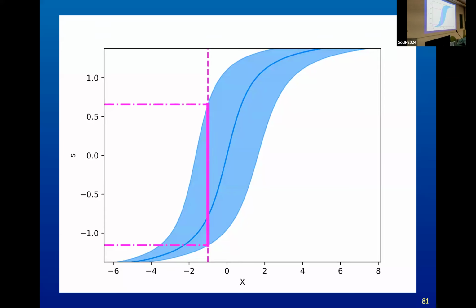And the same, if I look at -0.75. Okay, x is between here and here. So in 90% of the cases, x happens between here. And in all those cases where x happens between here and here, this line here will cover -0.75. So for all of these guys, we can make that argument. And that means that for all of these guys, we have coverage. And that is the Neyman construction. And that's what we're going to use to compute frequentist confidence intervals.